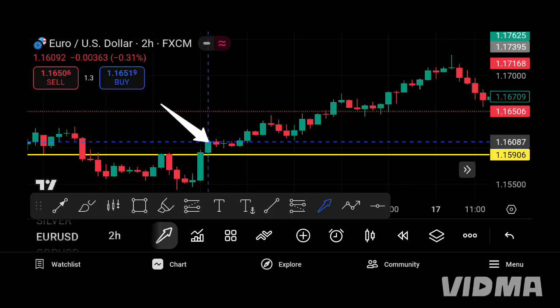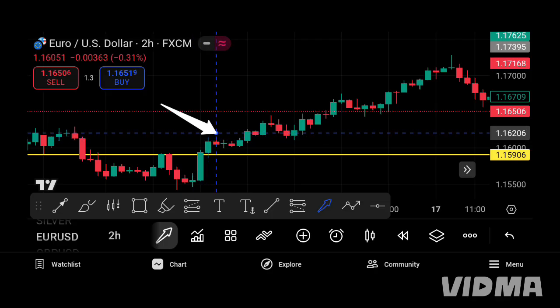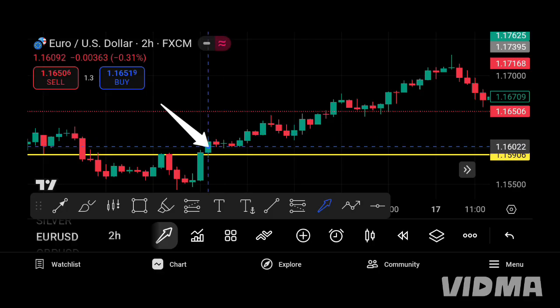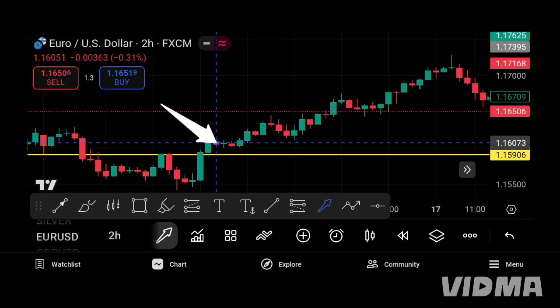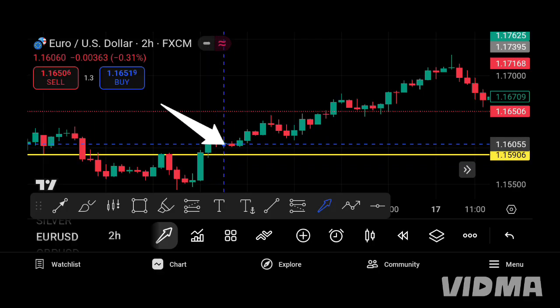After breaking here, it broke here. Then it came back down a little bit, but it didn't have so much momentum in going down,